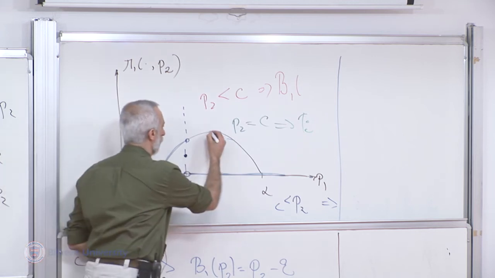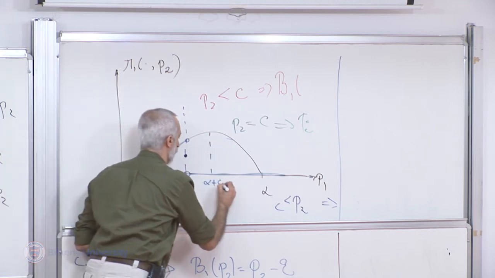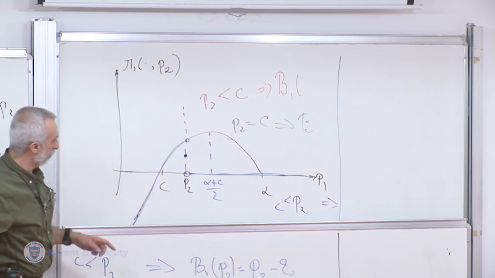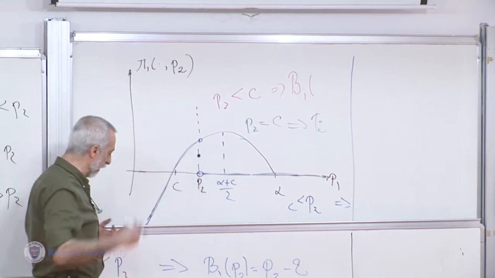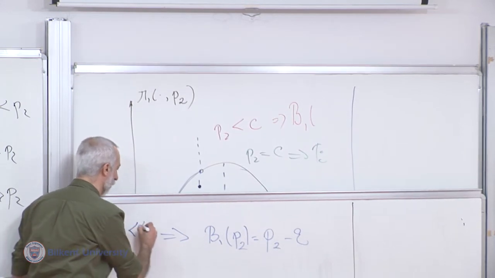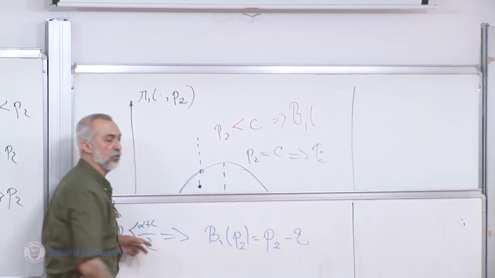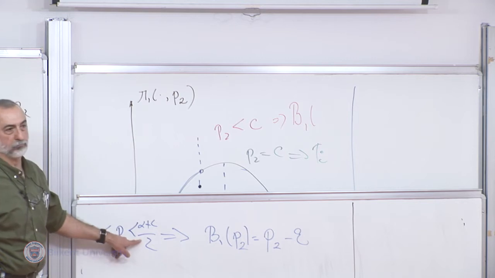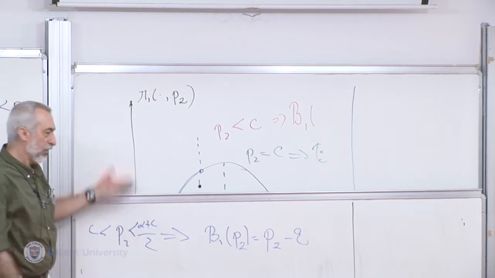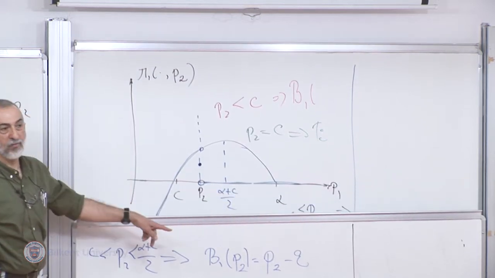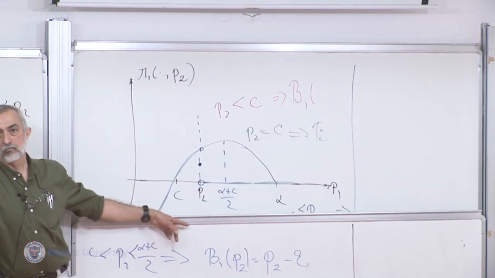Okay, so you want alpha plus C over 2. Your friend says things will change when P2 passes this point. So let's follow his recommendation for now. Maybe we will not need it, but let's put it. You want equal, less than or equal? Well, let's keep it like that, we'll see. So far, so good?